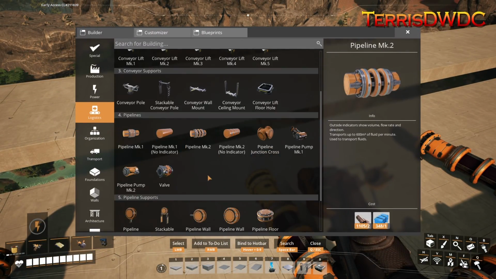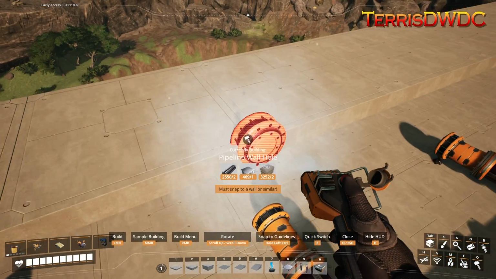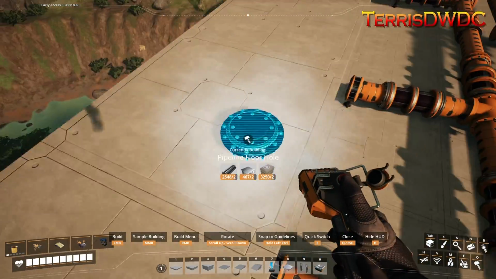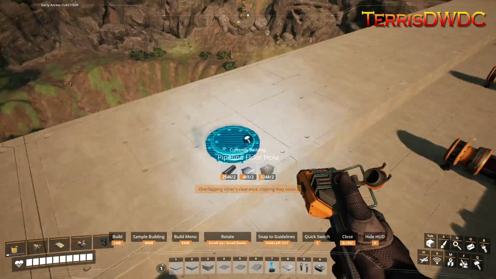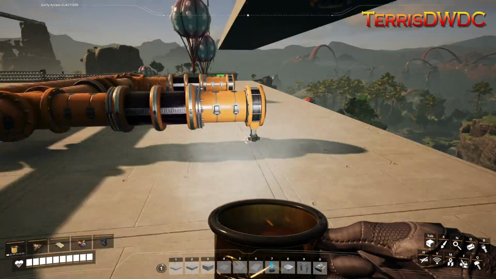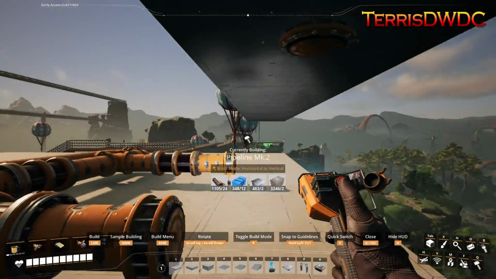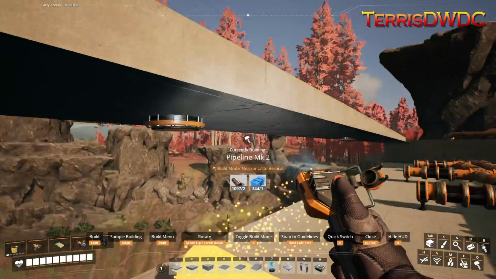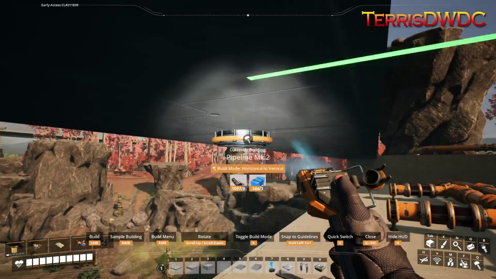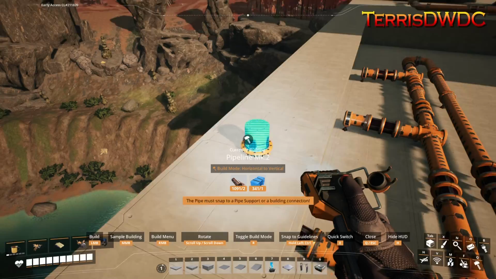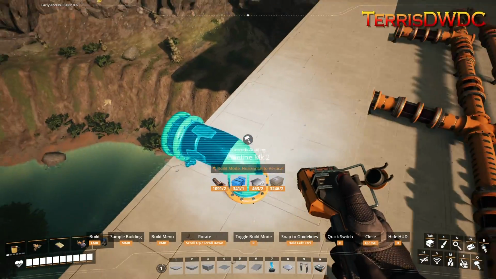And your first inclination is to go, I'm going to grab a floor hole here. Where is it? There we are. I'm going to put this here, and I'm going to put this here, so on and so forth, so that when we start feeding these pipes through and up here, it all looks nice and clean, everything's connecting properly and you get nice right angles, and then eventually out to your equipment,